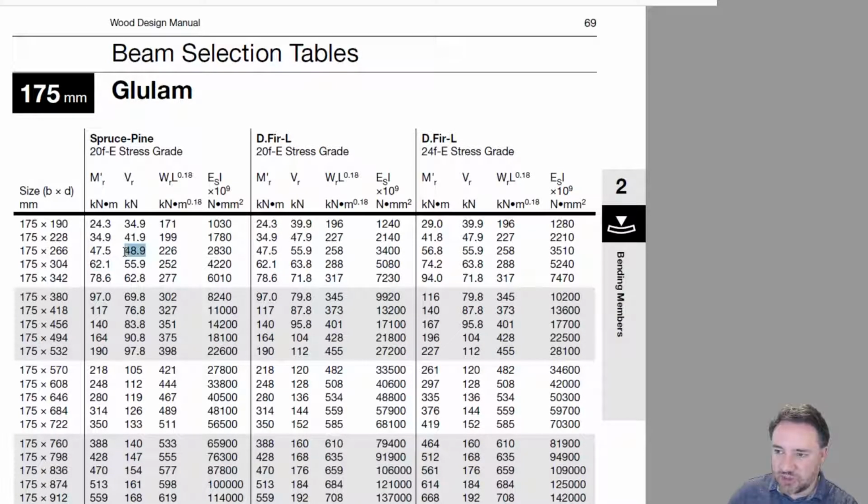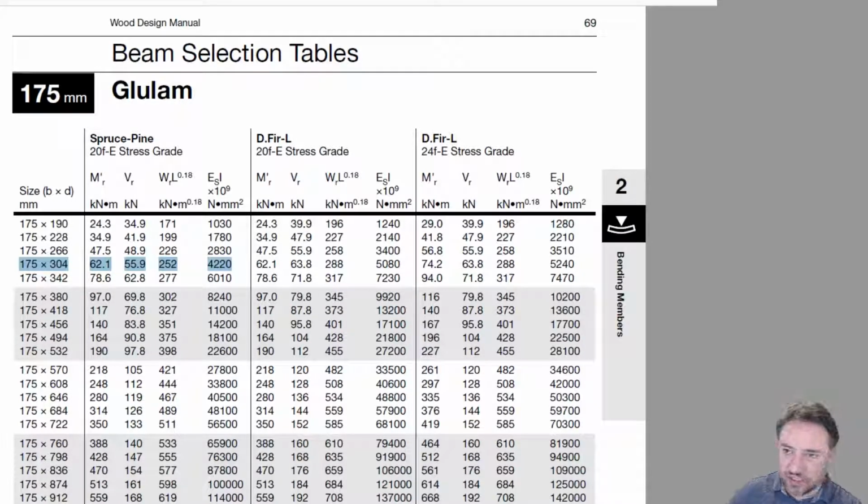The one below is probably not going to be okay because the VR is 49 and our VF is 48, and this VR doesn't account for the fact that we have to cut a notch. So this one is probably not going to be any good. So let's keep this one in mind, 175 by 304, and we'll go to the other table, which is in